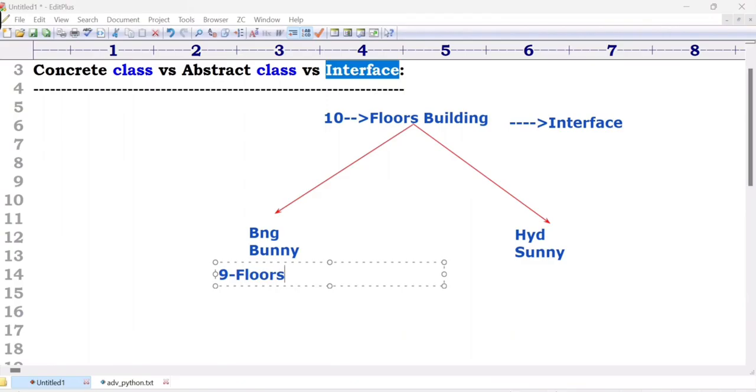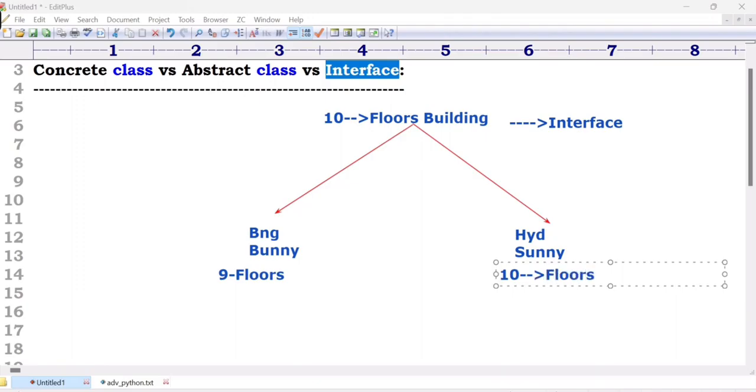How many? 9 floors. What is my requirement? 10 floors building. Because in Bangalore, there are some heavy expenses like this, he completed only 9 floors. After that, he gave up and stopped the work. But Sunny, a very innocent girl, completed all the 10 floors and handed over the building